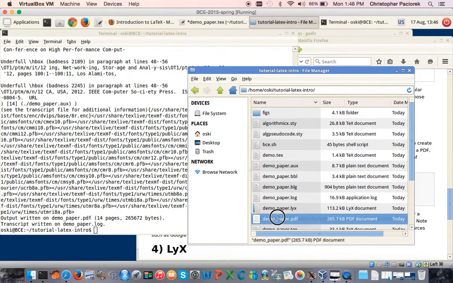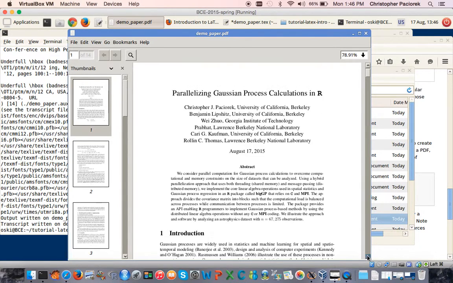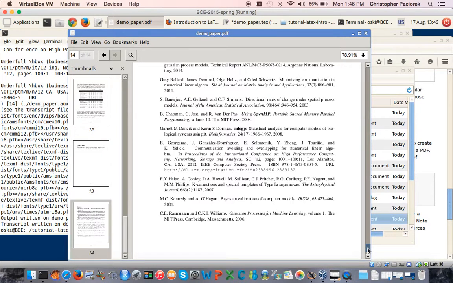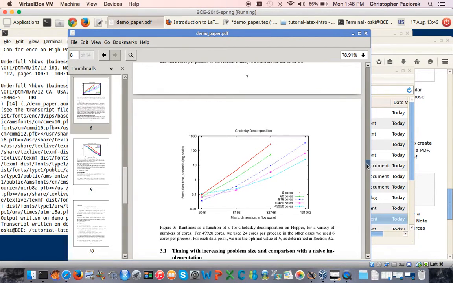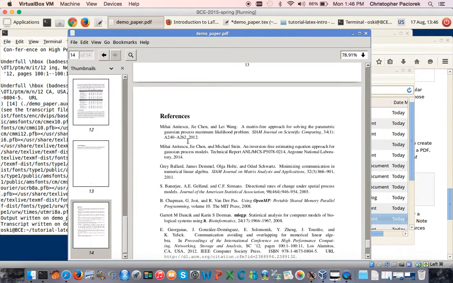So here it is, demopaper.pdf, and what we should see here is that there are various places where I reference various references, and that those are actually included. There's numbering of equations. There's numbering of sections and references to particular section numbers and to figure numbers, and all of that gets done in that series of processing. And you'll notice at the end of the document that it's included this references section with an alphabetized list of all of the references that were used in the document.